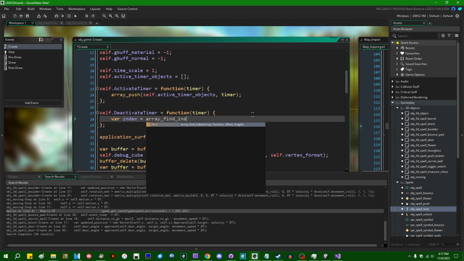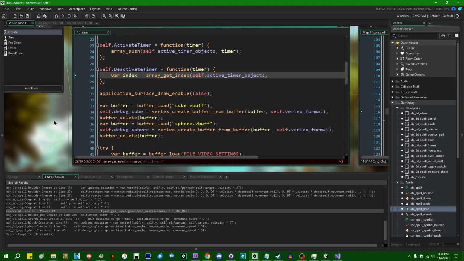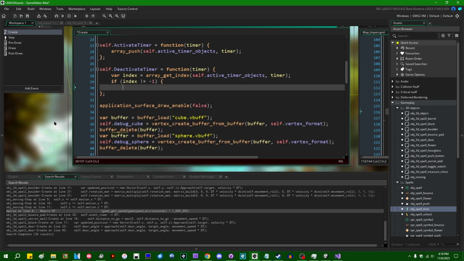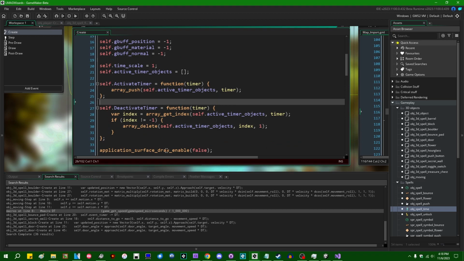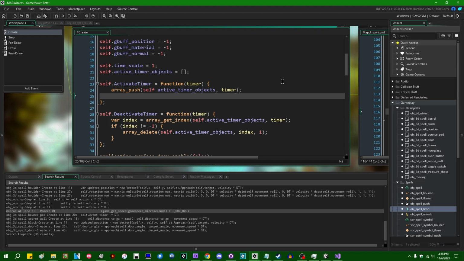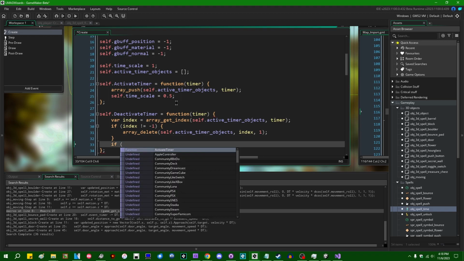I want array get index, don't I? The value that we're looking for is going to be timer. And if the timer that you're deactivating is in the list of active timer objects, then you can just delete it. And let's see, when you activate a timer, say set the time scale to 0.5, and when you deactivate a timer, if there are no active timers left,